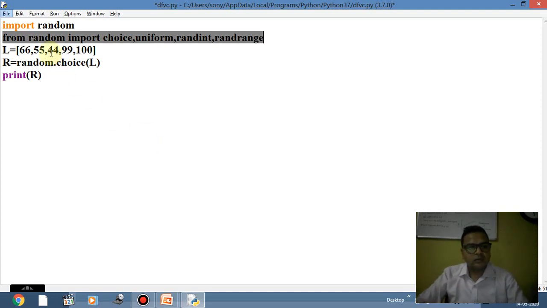So how to import any module? These are the two methods, by using the import method or by using the from import method. Clear? Then we have discussed about the math module. Here the functions sin, cos, tan, acos, atan, fabs function, pow function, sqrt, these all we can do.